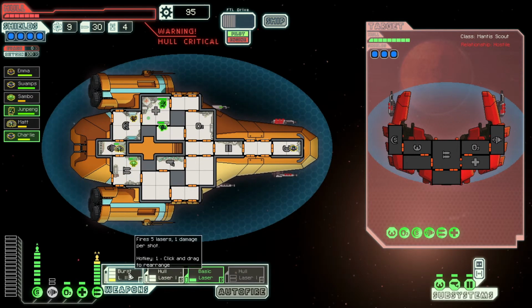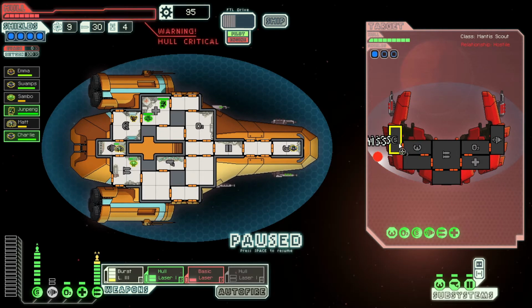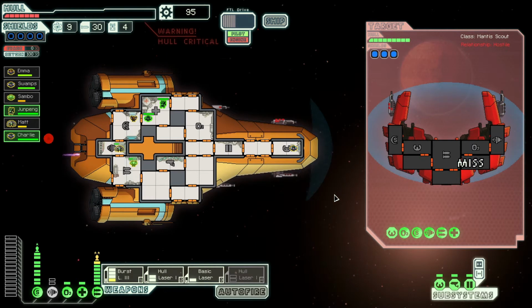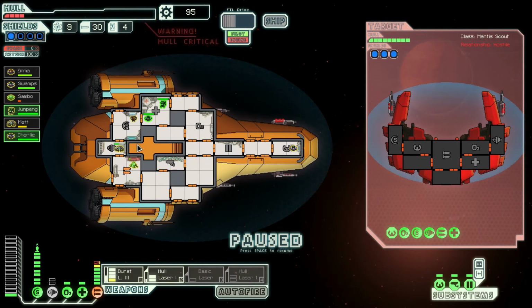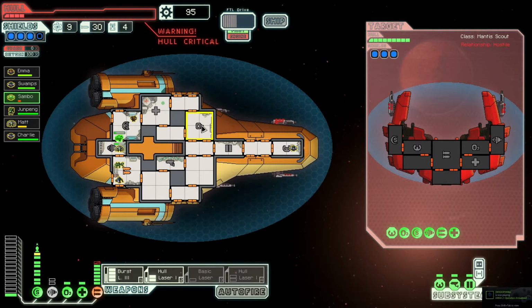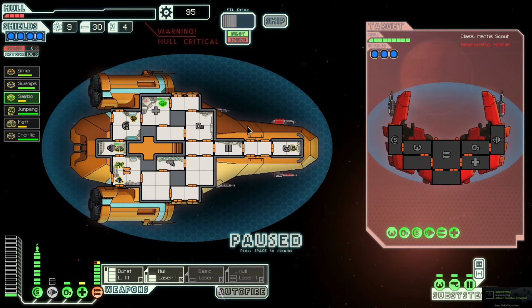Now I tend to wait for this to recharge so that I can take down their shields again. Oh, a large amount of misses, so I'm likely not going to get through there. Oh, there's a large amount of misses going on there. So I'm going to move these two guys to repair, swap him over to that system. No, keep him there. Move them to repair, take this guy and get him healed. And then I